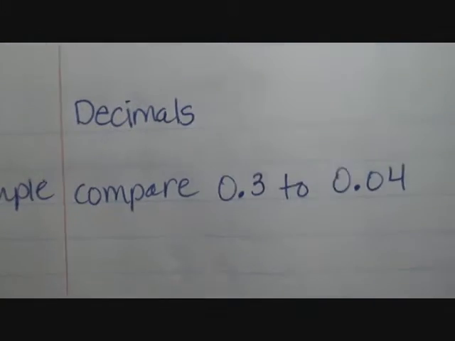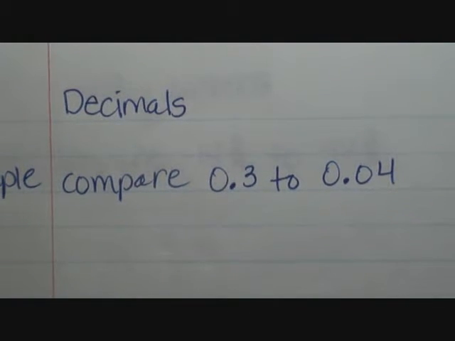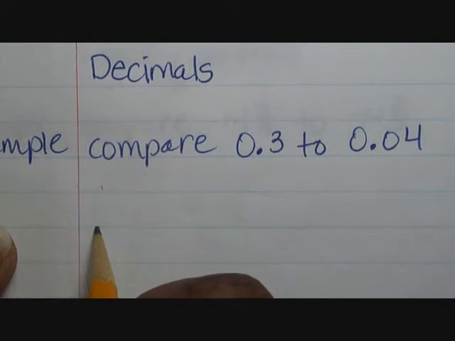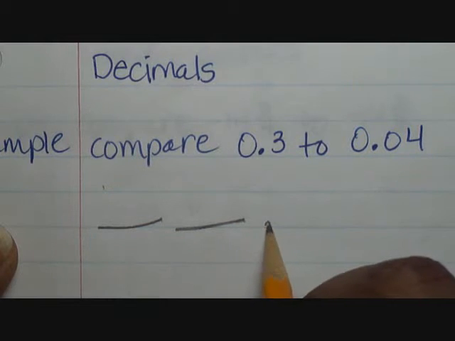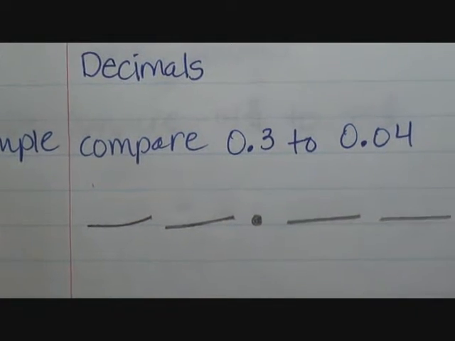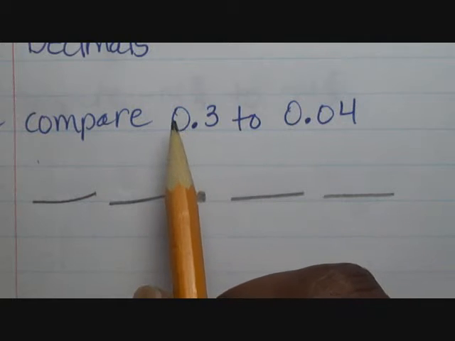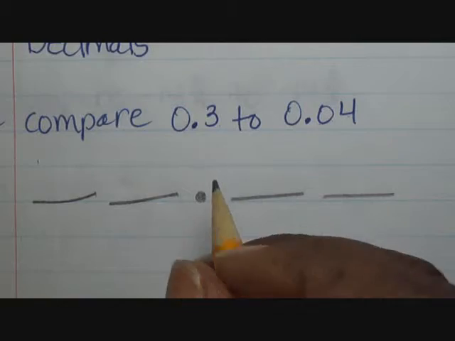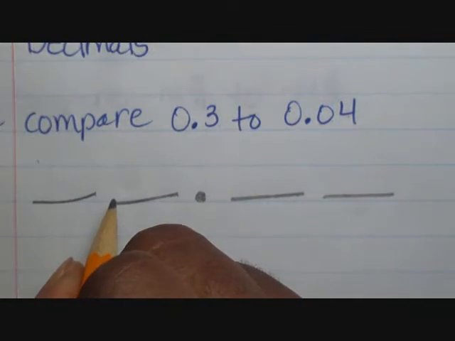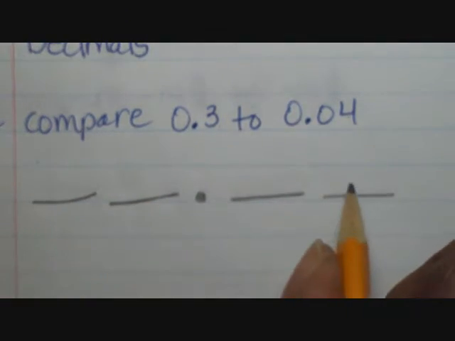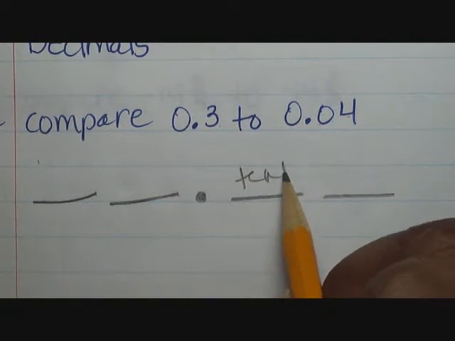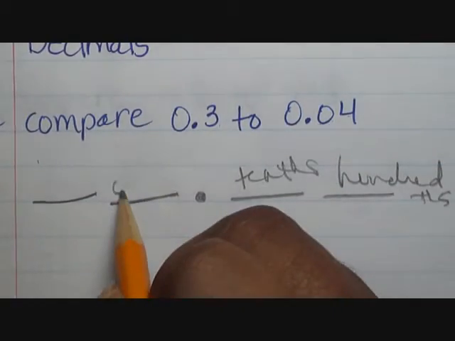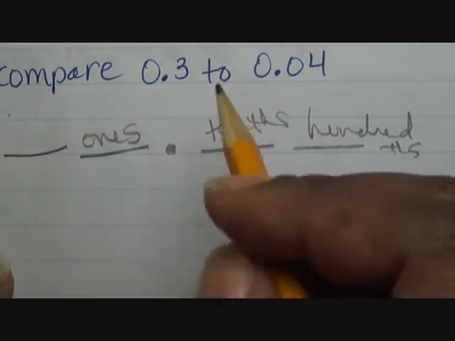The next thing we're going to do is compare decimals. Now the strategy I want to look at is lining up the place value. I have up to 1, 2, 3, 4 places. I have the tenths place, the hundredths place, and the ones place. So I'm going to line these up